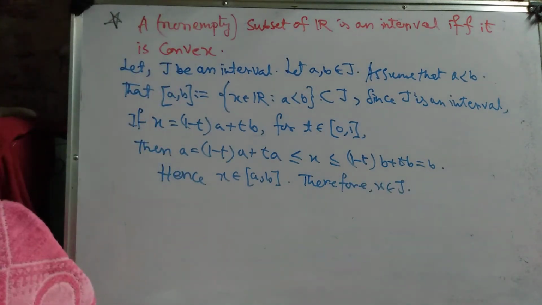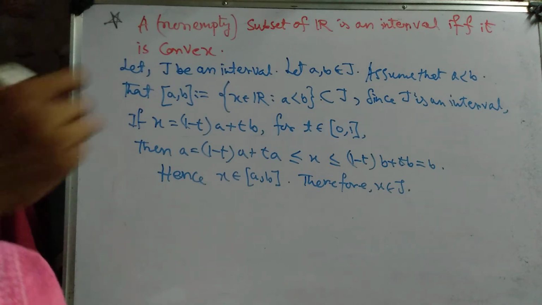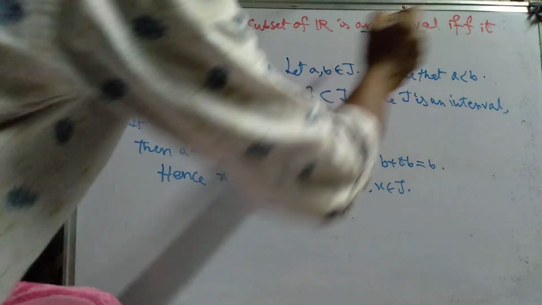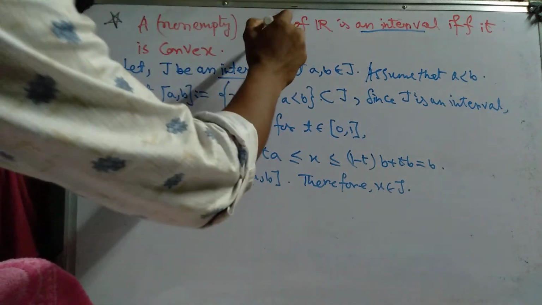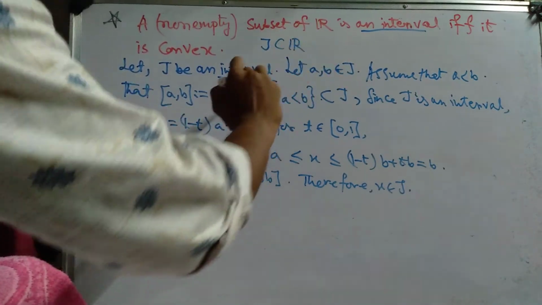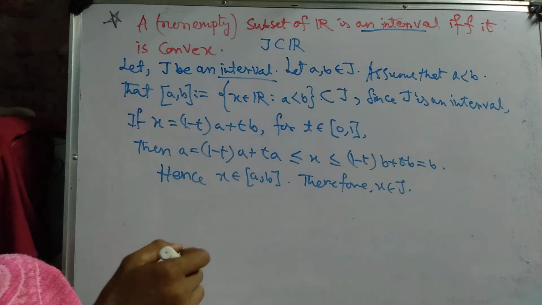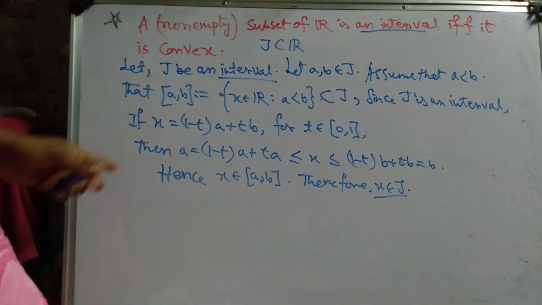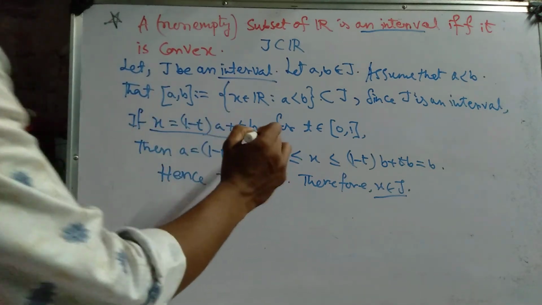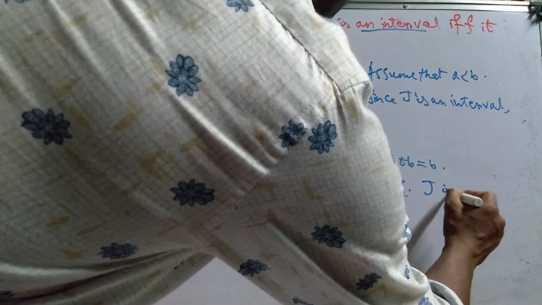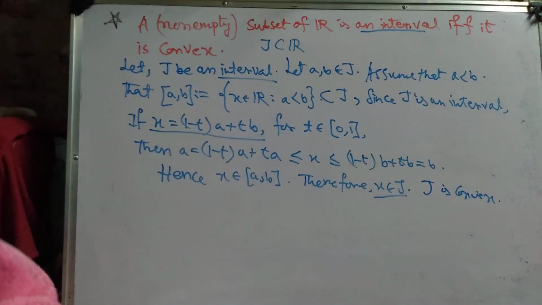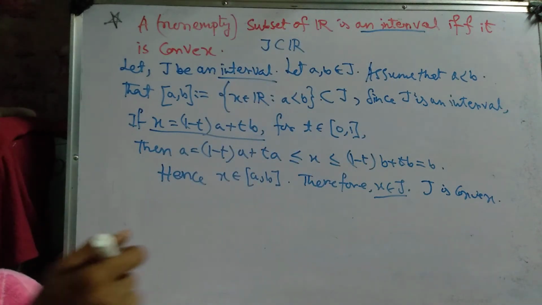And conversely, if J is a subset of R and is an interval, then we proved that x belongs to J. That means x equal to this expression belongs to J. That means J is convex. Now in the converse direction, if J is convex, then